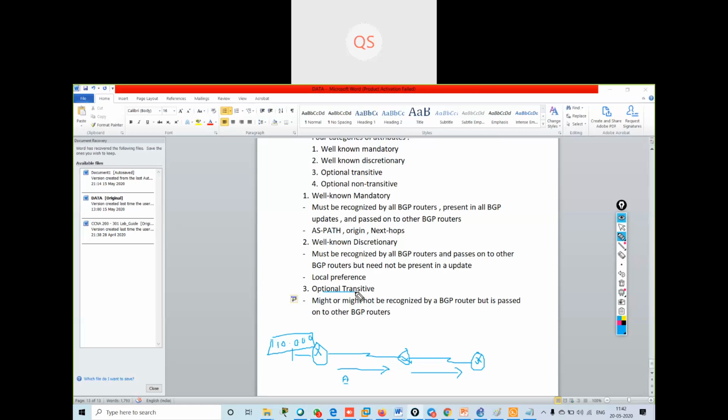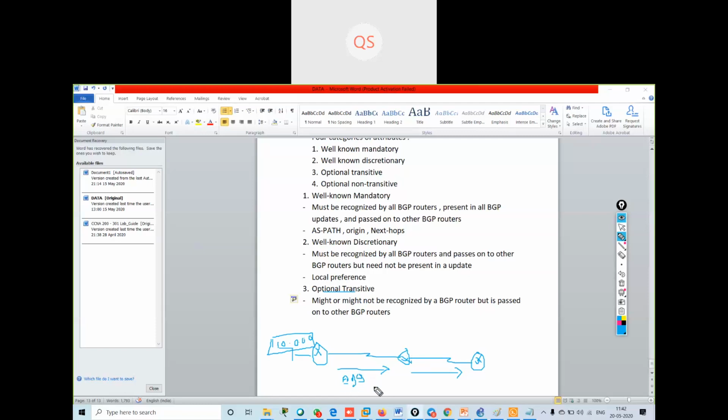Whatever routes are coming to this router, the 10 dot network, this router is giving the routes to the next router via an aggregator attribute.